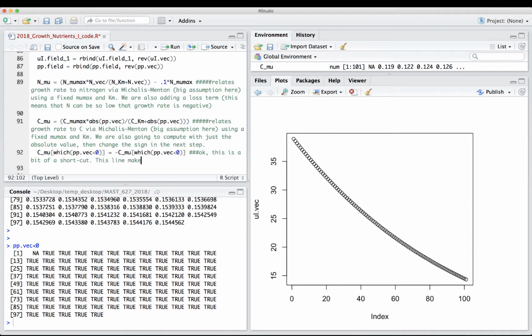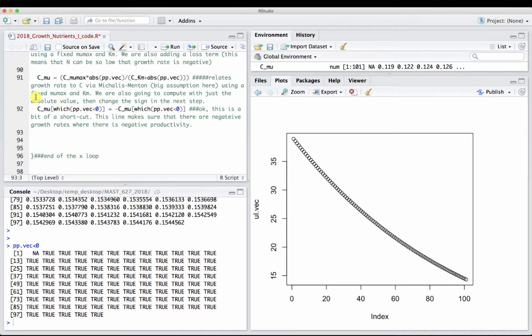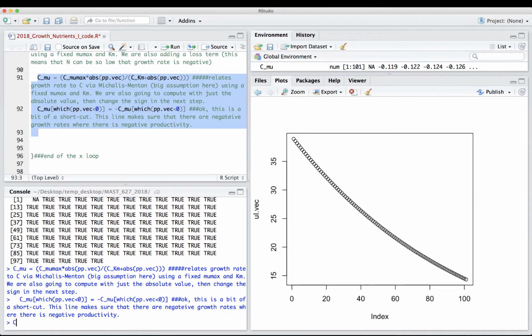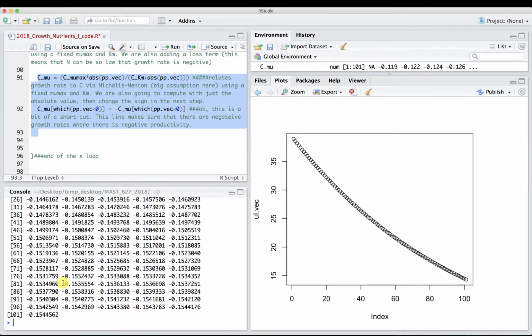This line makes sure that there are growth rates where there is activity. Okay, so if we do this, then we look at C mu C. Yeah, okay, they're all negative now